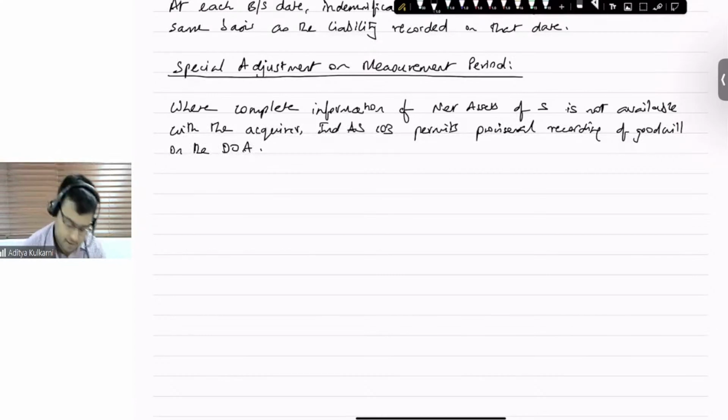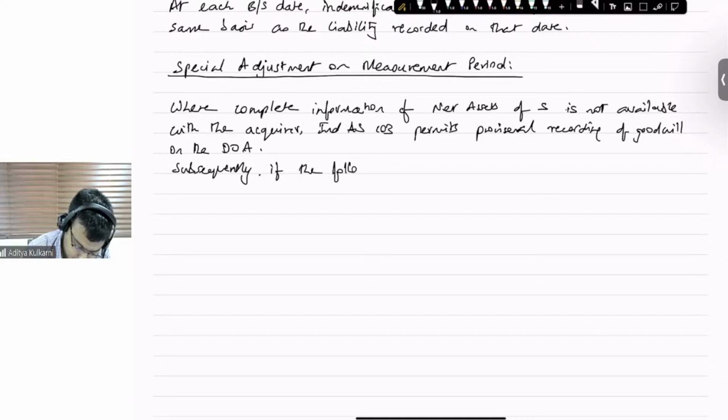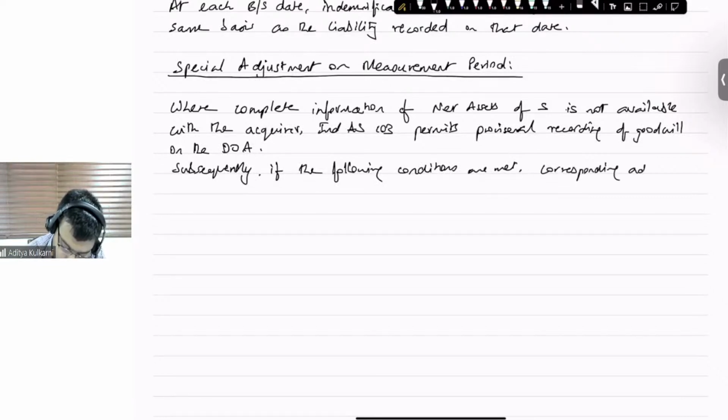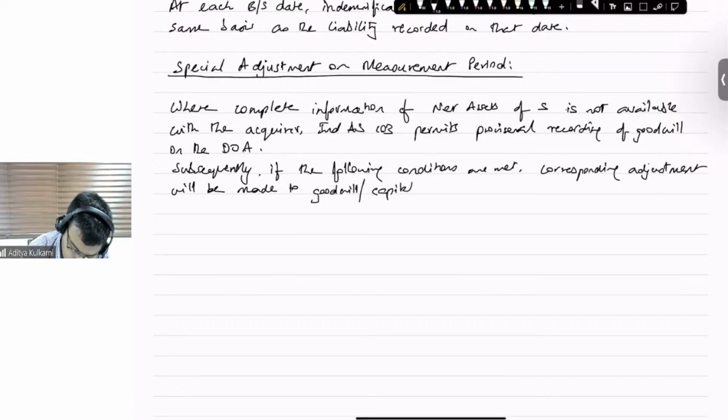Okay. All right. Now, subsequently, if the following conditions are met, corresponding adjustment will be made to goodwill or capital reserve. First one,